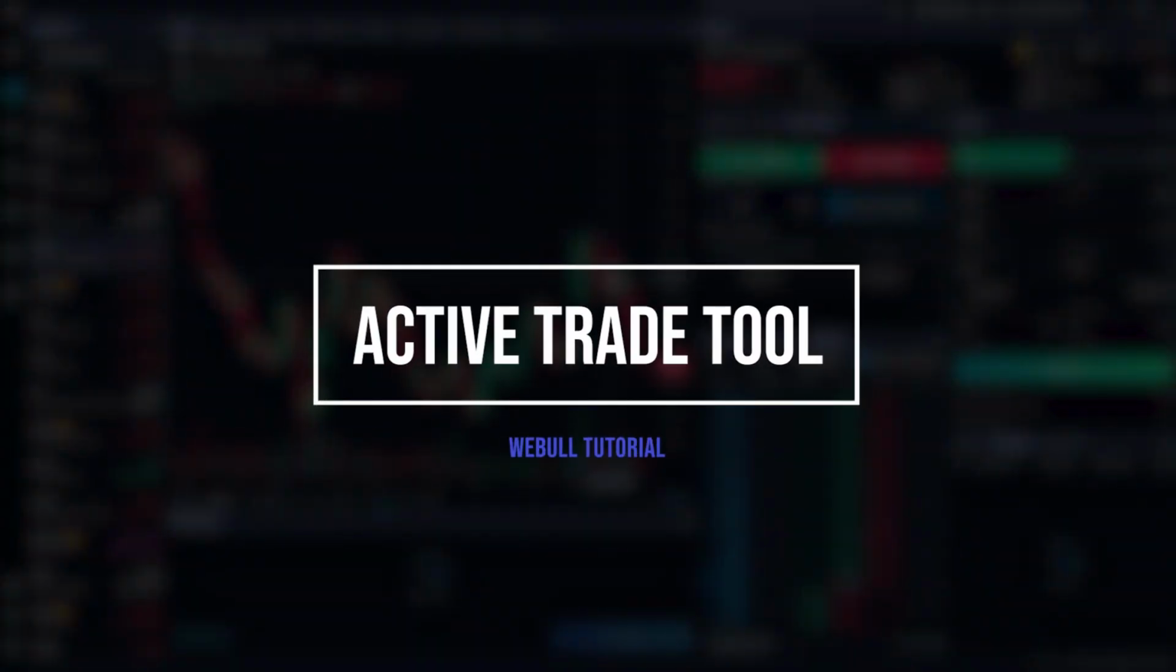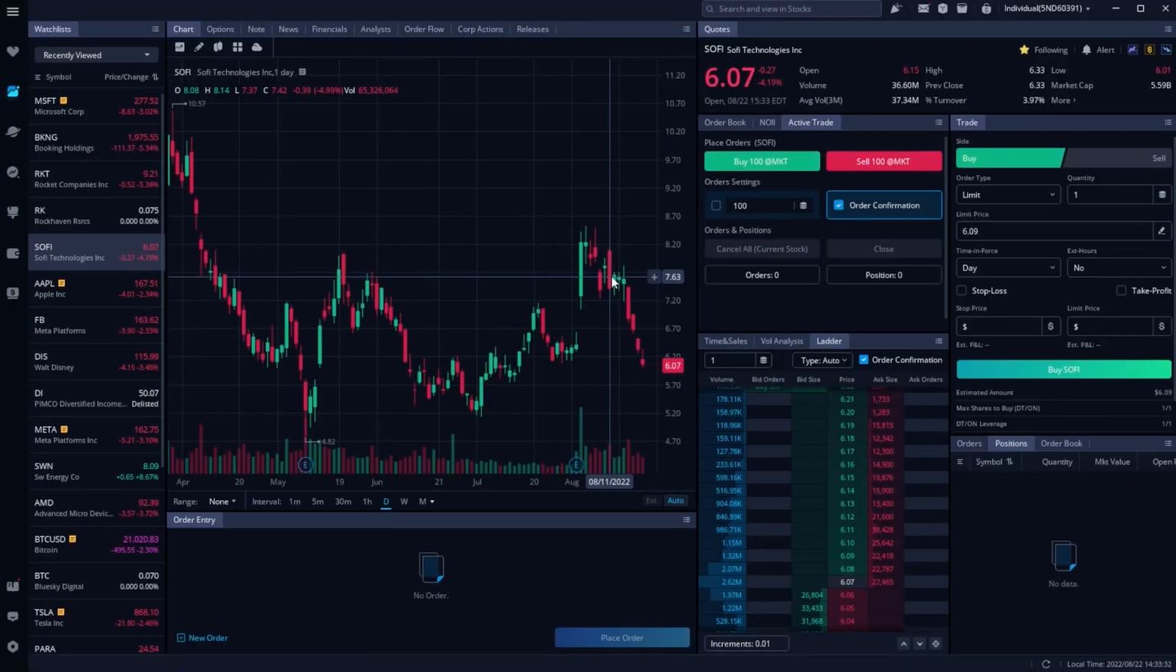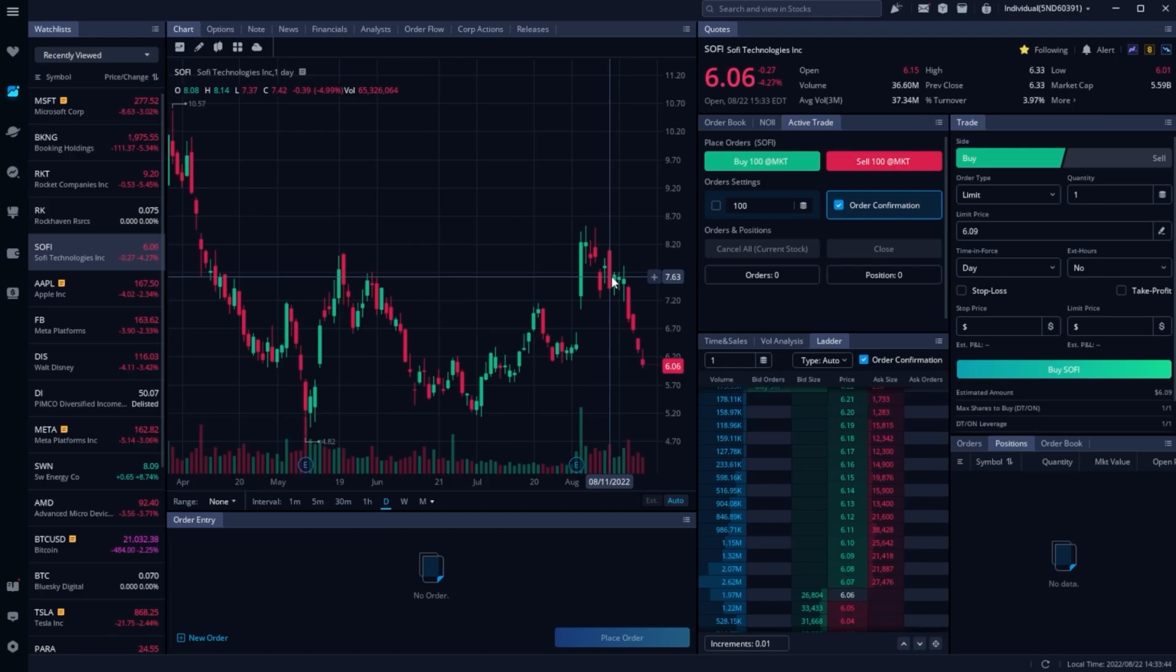If you're looking for a quick way to trade in and out of your stock and options positions, that is exactly what we'll be learning in today's video. We'll be covering one of those tools that make the entire trading process so much quicker. Now, within Webull, the tool we'll be discussing is actually called the Active Trader,